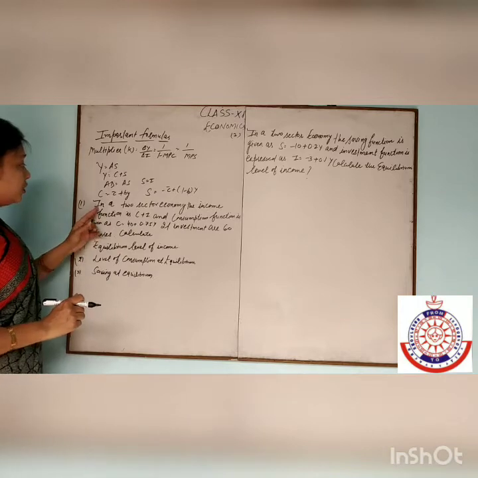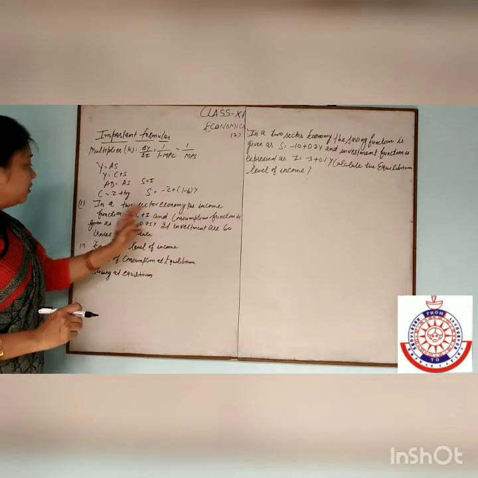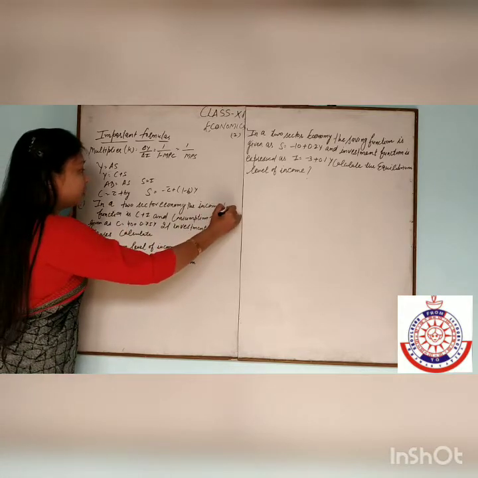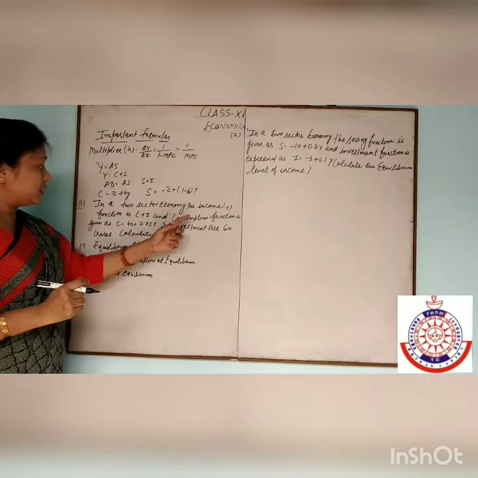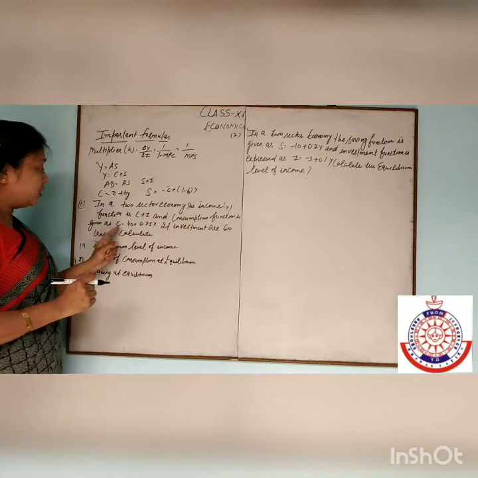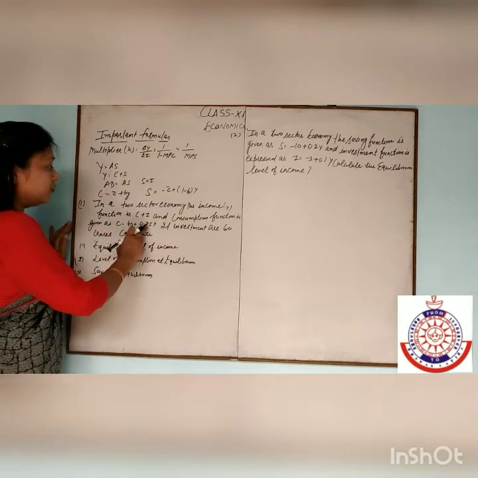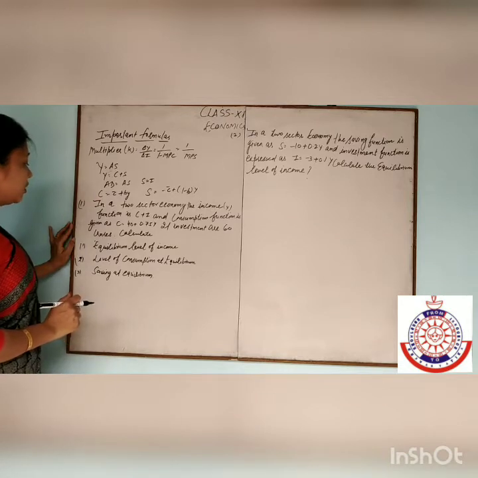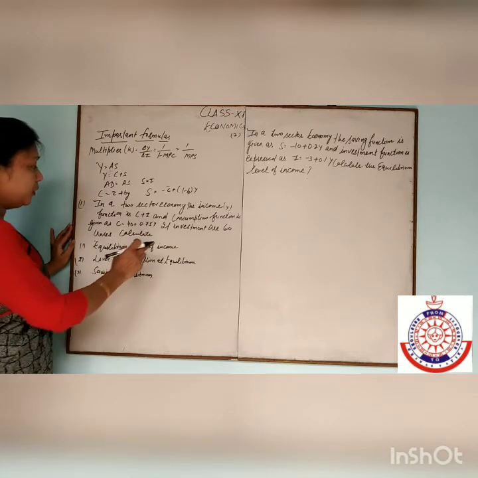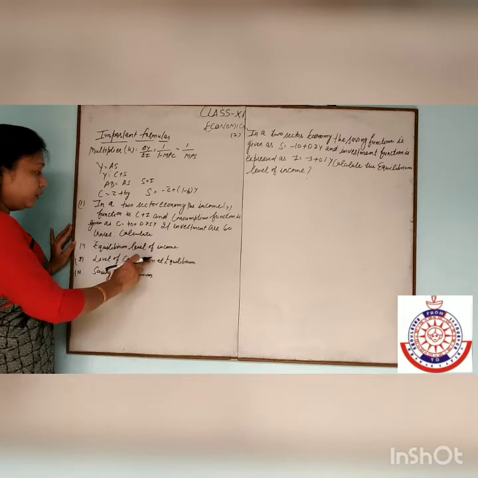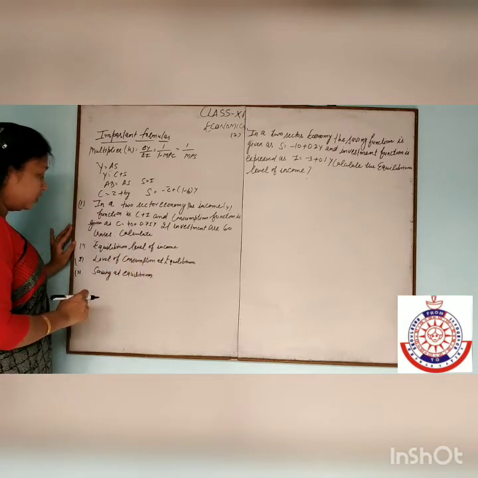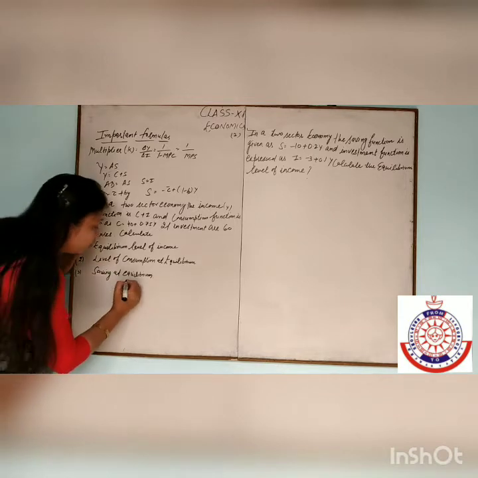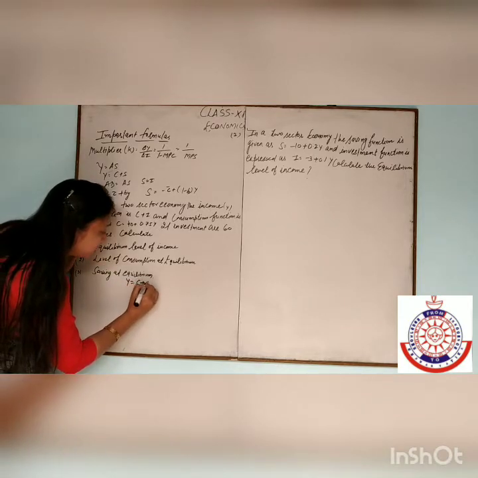In this question, in a two-sector economy, the income function is Y equal to C plus I, and the consumption function is given, that is C is equal to 40 plus 0.75Y. If investment is 60 crore, calculate the equilibrium level of income, equilibrium level of consumption and saving at the equilibrium level. You know Y is equal to C plus I.